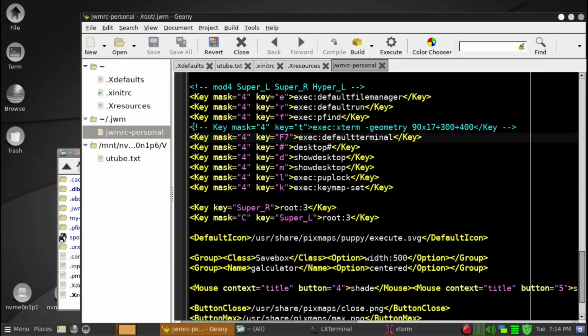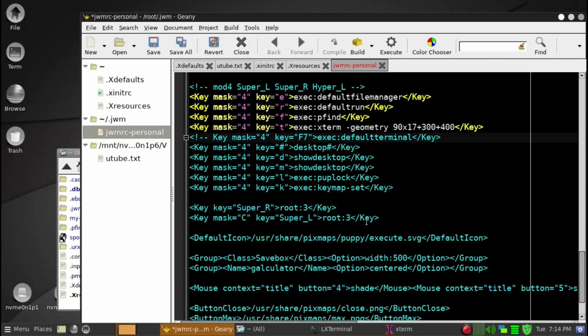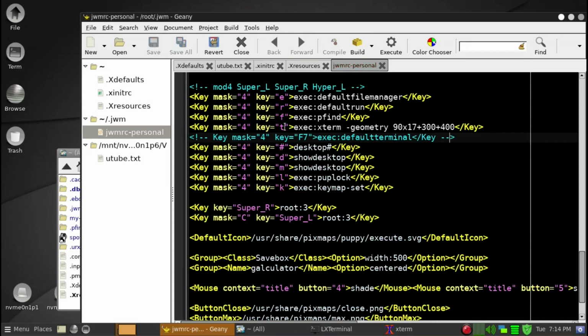So what I've done is I've already got the xterm working. So we'll go ahead and then we'll disable this, and then go to the end, and then space dot dot. So it just disables this line. So what I've changed to is a super and T, Windows and T key will start xterm with a particular geometry